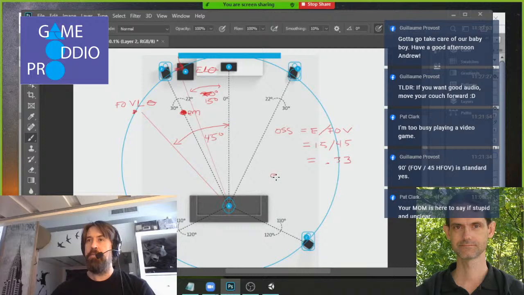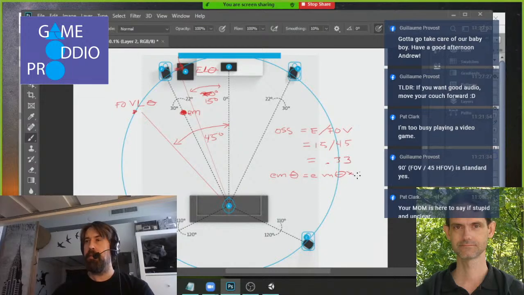So what happens is, for every game object that's emitting sound in the game, we take the angle and scale it. So what we get is, this thing, in theory, it's at 30 degrees, and because I made the math so simple,